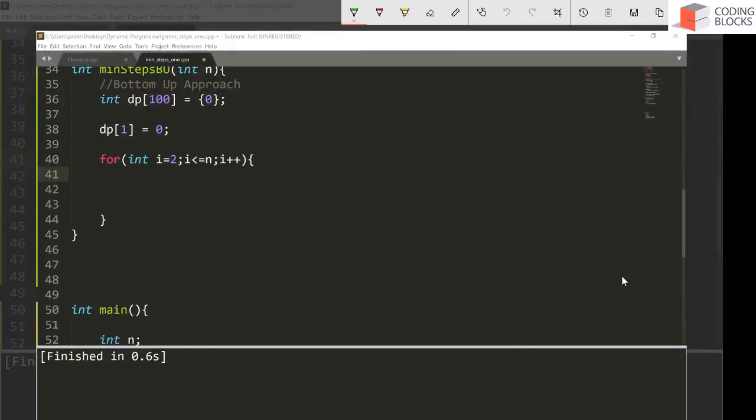For example, you want to compute, let's say, dp of 1 is 0, dp of 2, 3, 4, 5, and so on, let's say 6. So from dp of 2, so this is your value of n. So from this n, you can go to 1 by doing n by 2, or you can go to n minus 1, right? So in both of the cases, you will end up at 0. So your answer is going to be minimum of these two, which is 0 plus 1. So it is going to be 1.